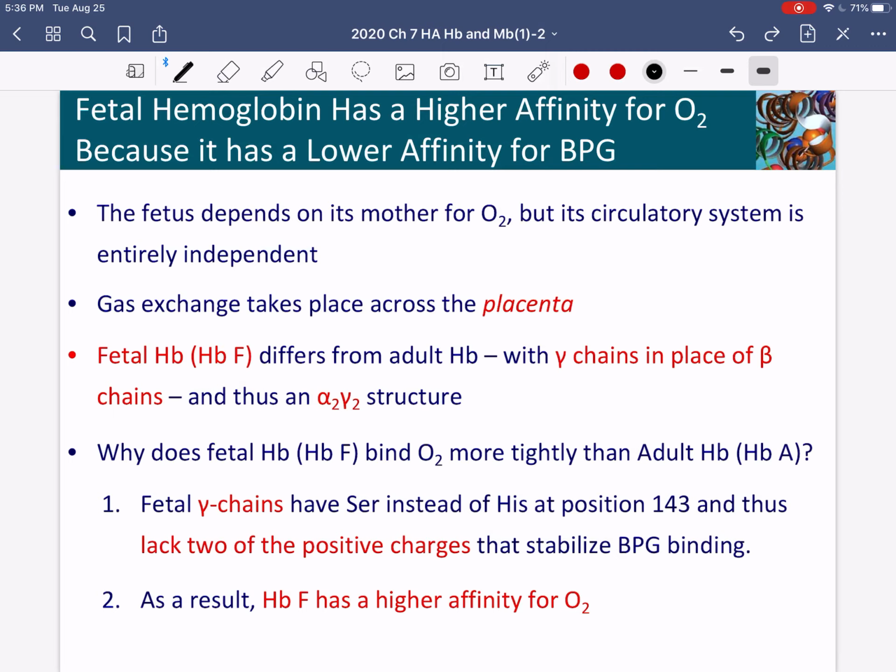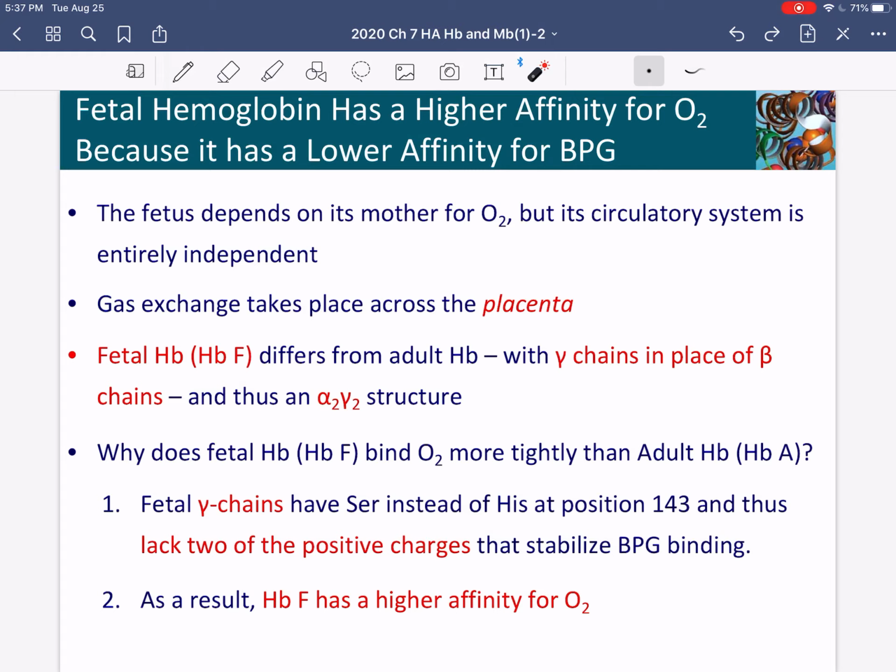Okay, so the gas exchange is happening in the tissues, in the placenta, where most hemoglobin likes to let go of oxygen, but placental hemoglobin or fetal hemoglobin, HbF, is going to have a higher affinity for oxygen than the adult hemoglobin. Because remember, I mentioned in the last video that the fetal hemoglobin replaces the beta chains with gamma chains. That's gamma, the third letter of the Greek alphabet. So it has an alpha 2 gamma 2 structure